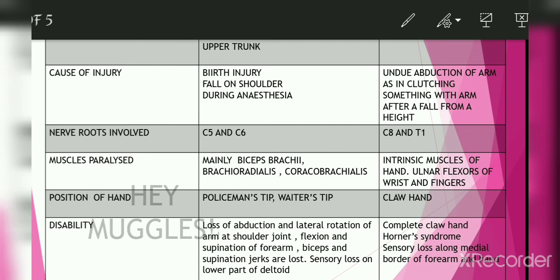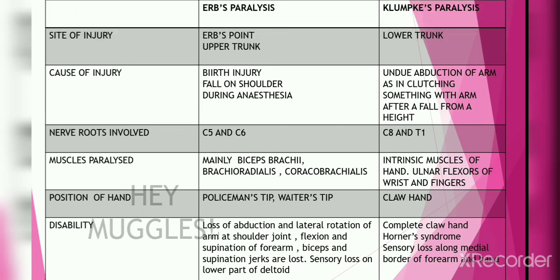there is injury to the sympathetic fibers from T1 which supply your head and neck, and as a result there is constricted pupil, drooping of your upper eyelid, and loss of sweating on the affected side of the face, right? And coming to the sensory loss, there is sensory loss on the medial border of the forearm and your hand, right? And the area where there is sensory loss becomes warmer and drier, right? It becomes warm and dry.